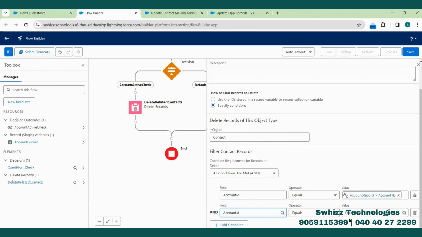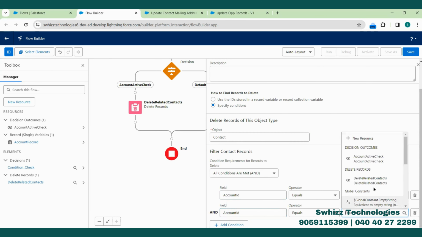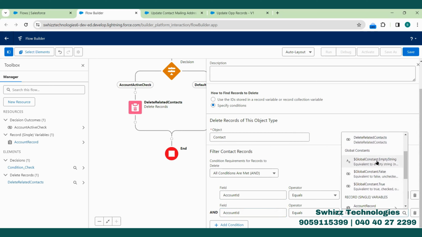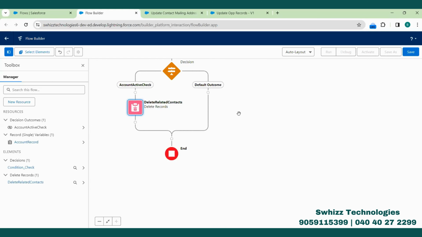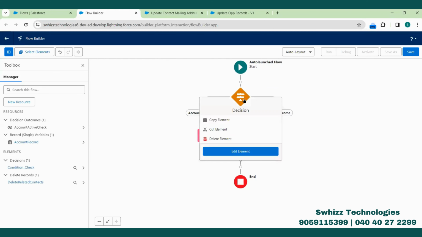When we are using an empty string, which is equal to null, here we need to use does not equal to null. Okay, so account ID equals the ID which we have present for this account record, and then account ID does not equal to null. These are the conditions I'm specifying here to delete these records. See here, I have just mentioned my condition. So if the account record is not active, then